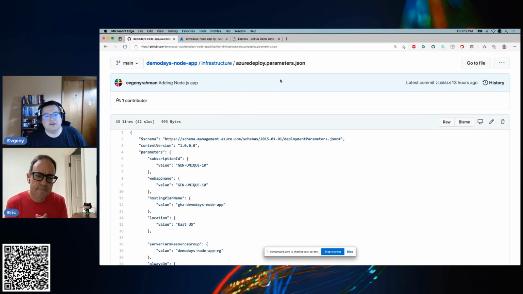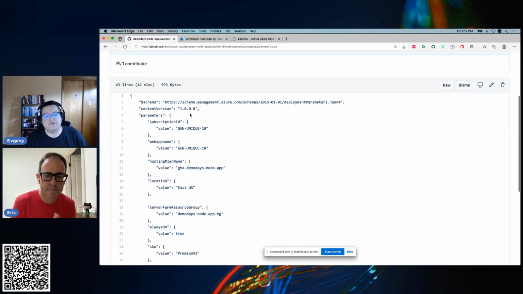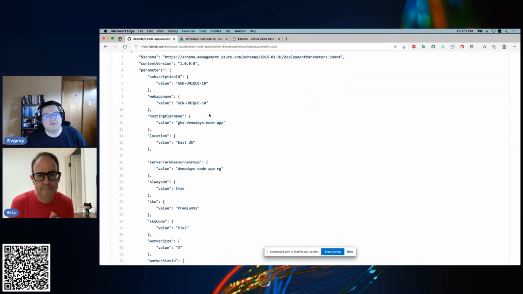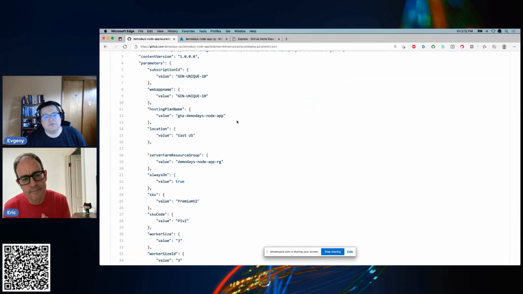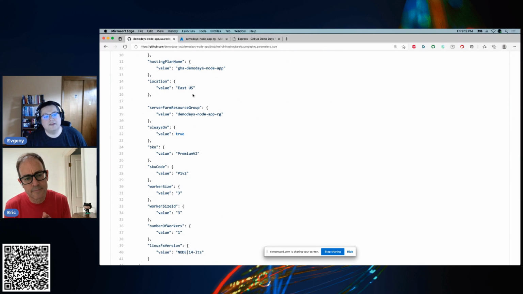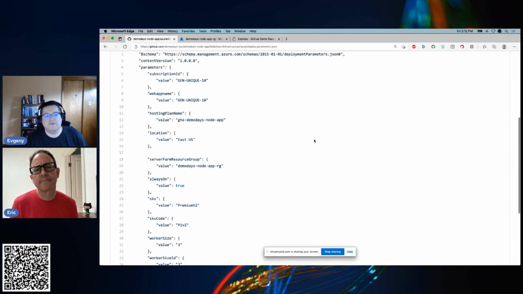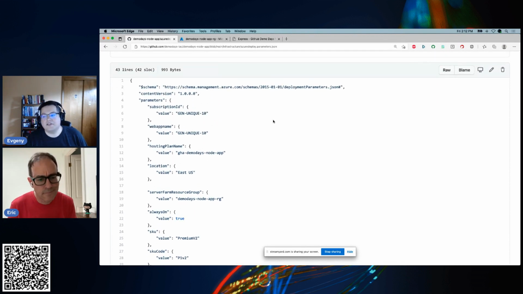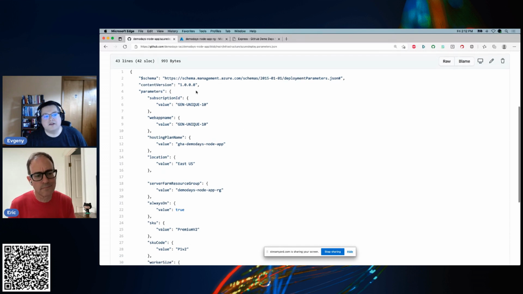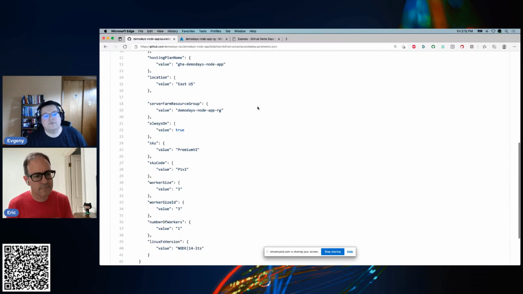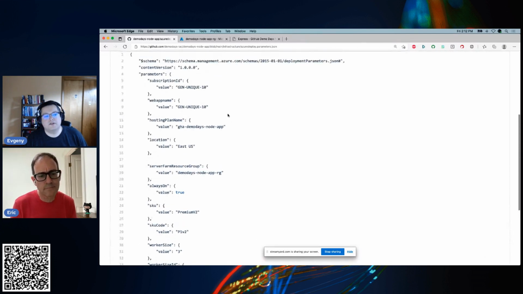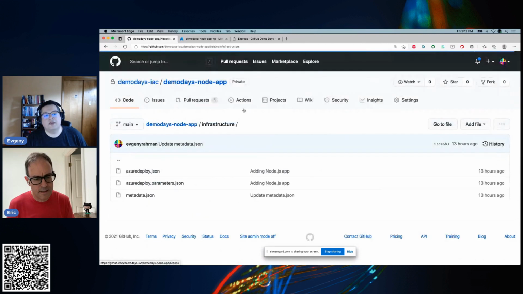And then here we have this other file, the parameters file. And this is when I was saying the other file's parameterized. These are the parameters that fit in there. So for example, we have the name that we prefer to give to our hosting plan, our location. So this is, I guess, the file that you could think of as the values for the variables. If the other file is essentially a declaration of what variables we want, this is how we provide those variables to the other file, or how we instantiate based on a template.